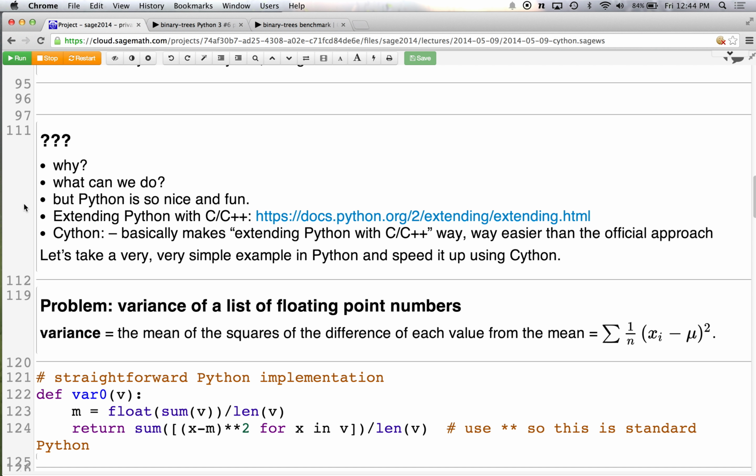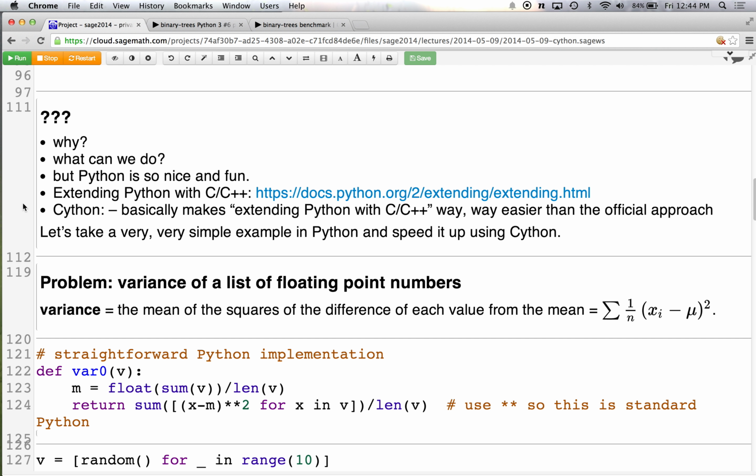Okay, so what can we do? Basically you have this tension because a lot of people find Python to be pretty nice and fun compared to other programming languages. They want to use it. They think it's relatively eloquent. I fall in that camp. And they look at Python programs and they can generally understand them. They write Python code and they can read it later. There's a lot of pluses to working with Python. And really the big minus is that it can be really dreadfully slow. So Cython helps to deal with that problem.